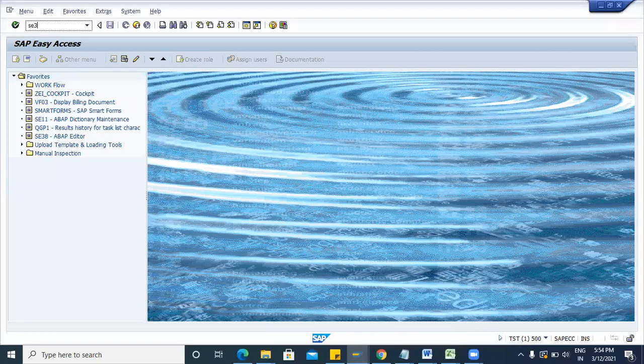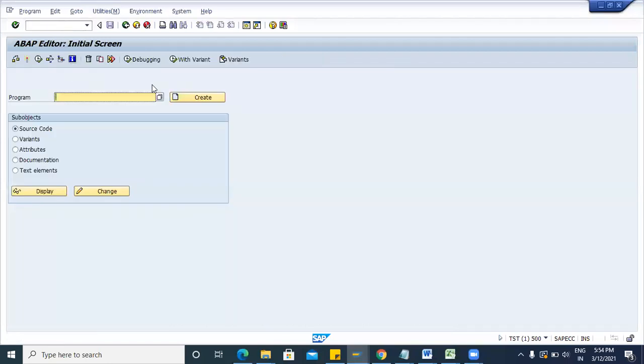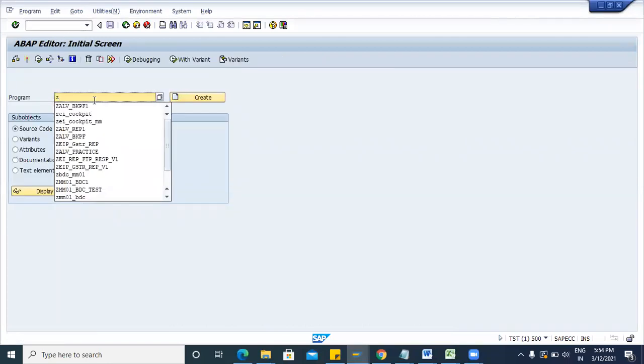Let me explain how we can create the selection screen. Just go to the T-code SE38. This is the ABAP editor. Now create a new program,